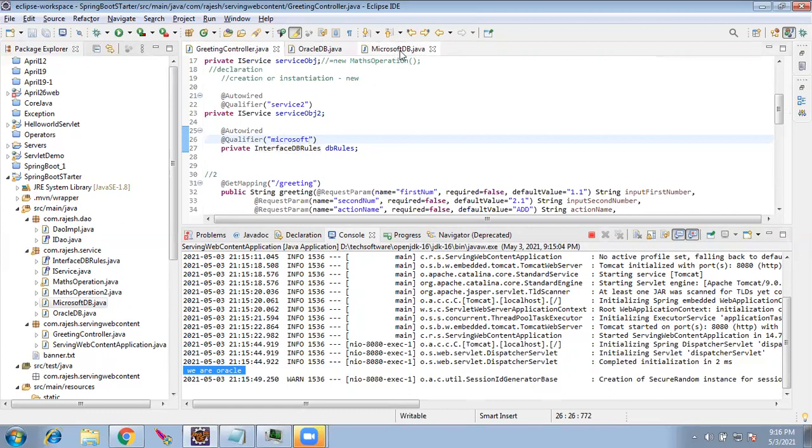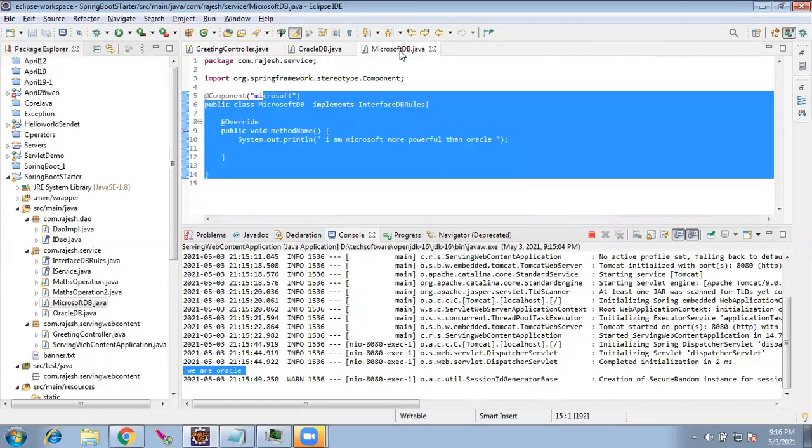The control goes to Microsoft now. Yes. That's all. That is the purpose of having this qualifier. That is the purpose of having multiple implementation. And this is also called runtime polymorphism. Dynamically during runtime, it goes to the respective classes.